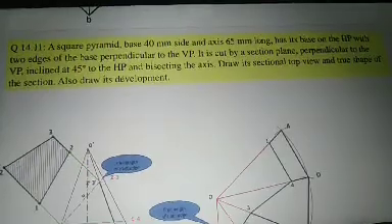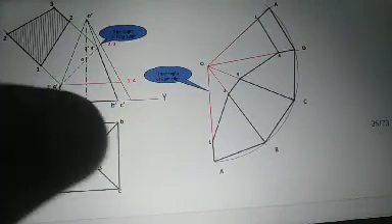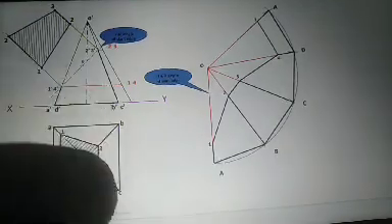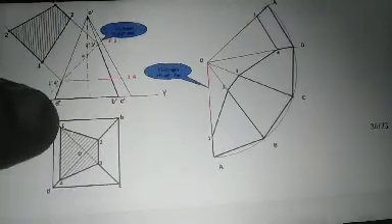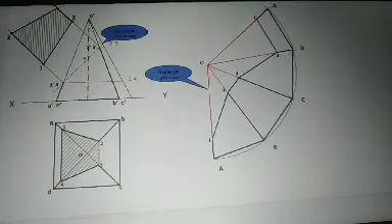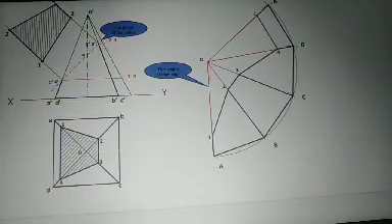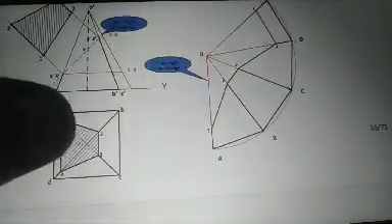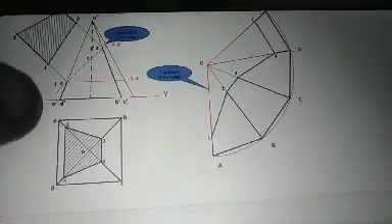base on HP with two edges of the base perpendicular to VP. The condition is different only, that is, these edges AD and BC are perpendicular to VP. Perpendicular to VP means AB is parallel to XY. Here the slant edge is not the true length for that development. That is why we are taking any one of the edges which is parallel to the XY line.